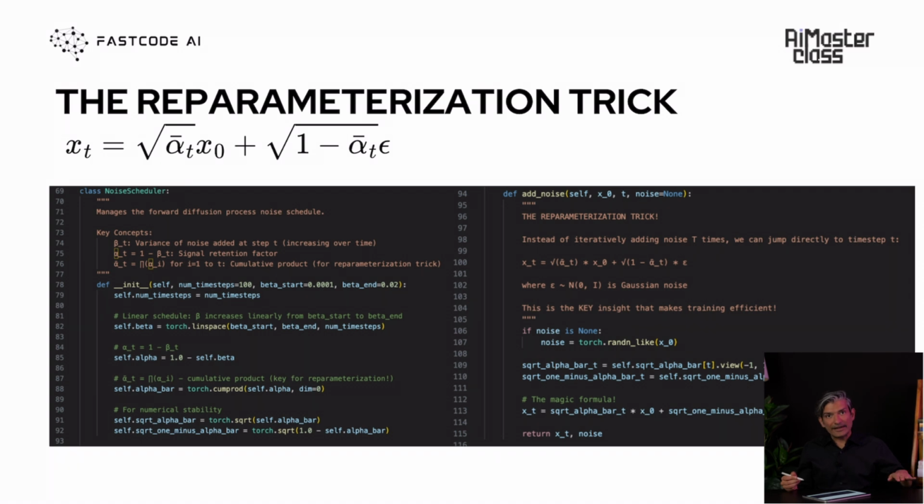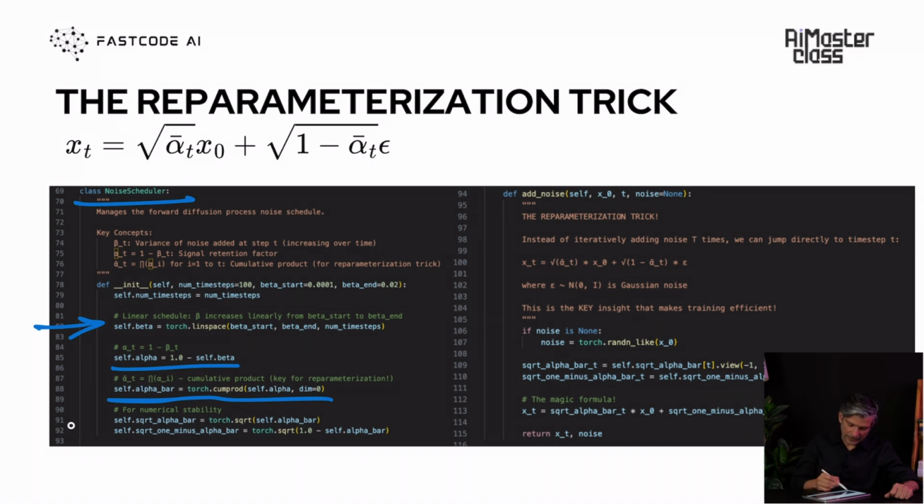And why do we need to do this? Because we want to use it in code. Because in code, we don't want to write that for loop. And this is code that will give you this noise scheduler. And what is this noise scheduler doing? Well, the noise scheduler is first doing basic setup things. We set alpha to be 1 minus beta. It's a linear schedule, which just says that beta increases linearly from beta start to beta end. We also have our alpha bar, which is the cumulative product of all alphas, all the way from alpha to the power 1, 2, and so on.